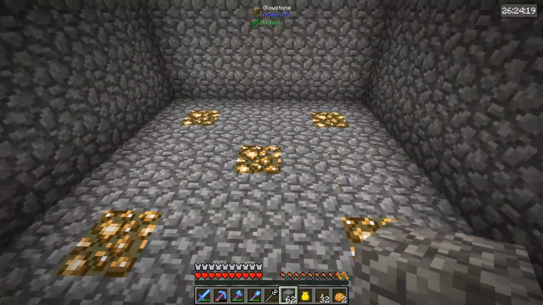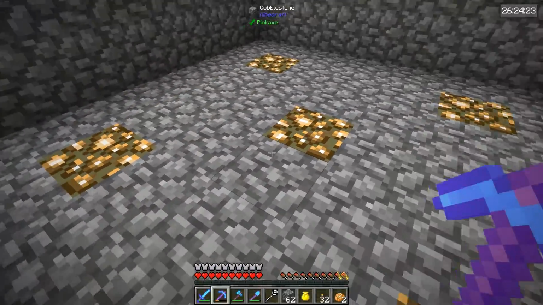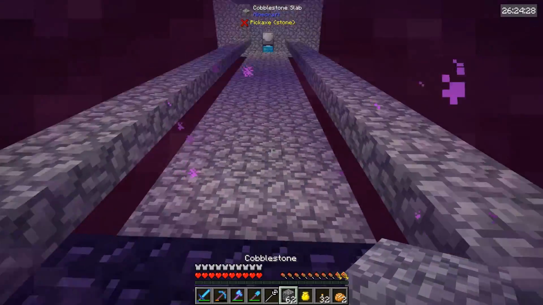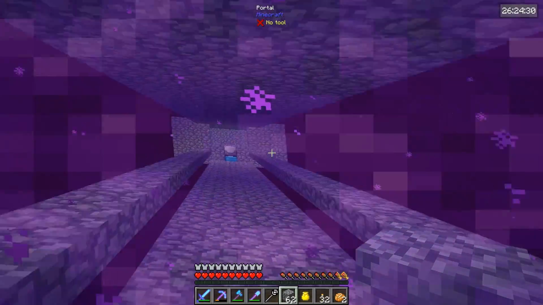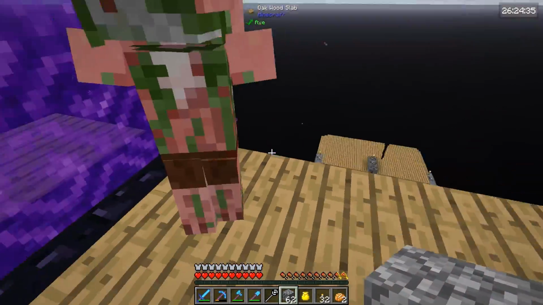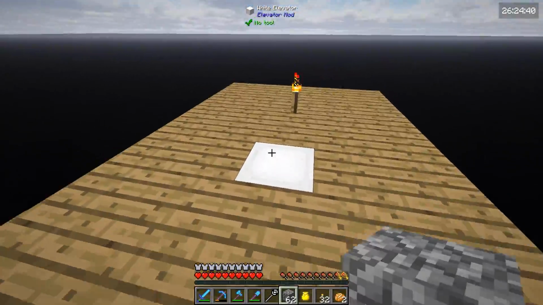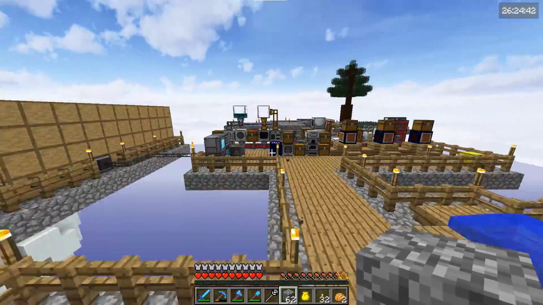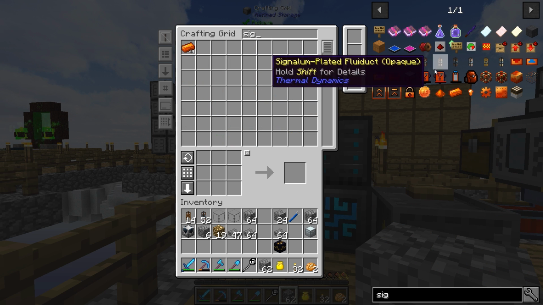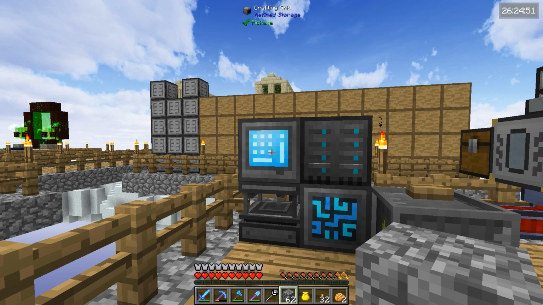So then we'll go here. We need... I just realized we actually need a signalum-plated fluid duct as well. Should have thought of that. Hello, Mr. Pigman. Are you gonna, like, go into the void? Go for a swim. Goodbye. Pop me up. Have I any signalum-plated fluid ducts? Doesn't appear so. Let's make a couple. Good. Okay. And then...